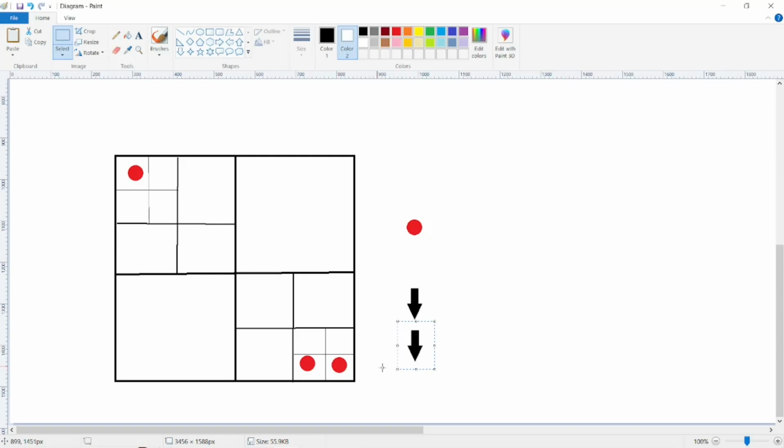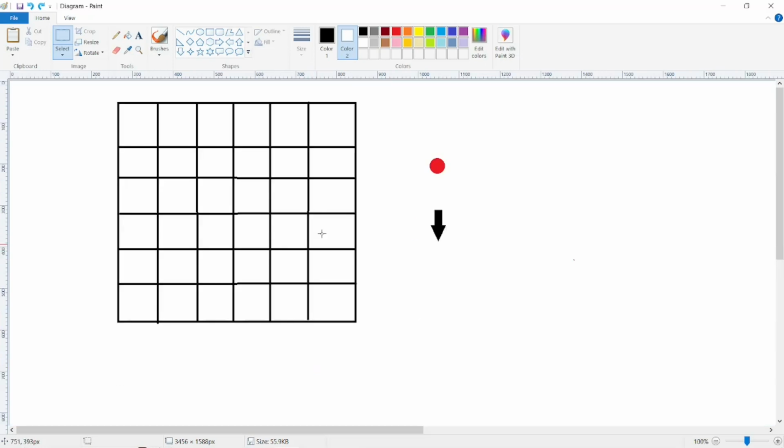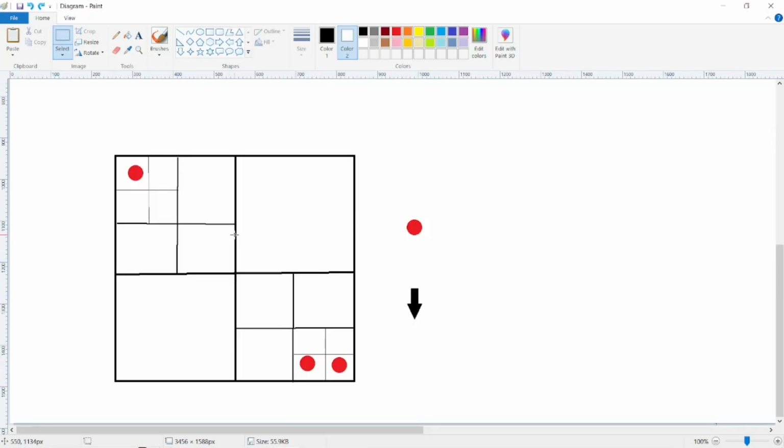But it just shows how, by changing the structure, rather than having every single line drawn into the grid, by cutting out lines and cells where there are no objects to deal with, we can drastically increase the speed, or the number of calculations that we can make to interact with objects inside the data structure. And this is called a quad tree, and it's quads because these are all quadrants, and a tree